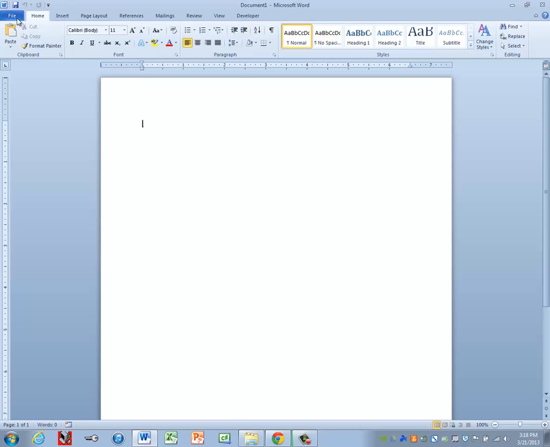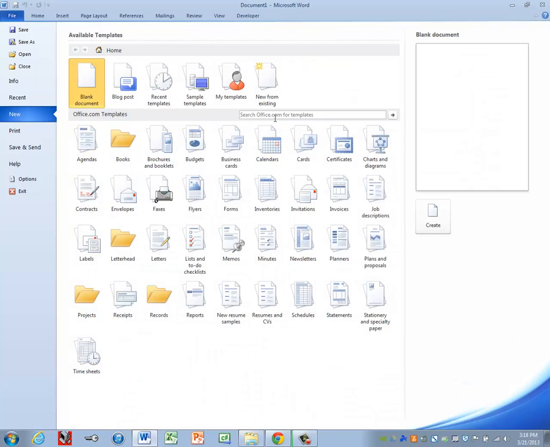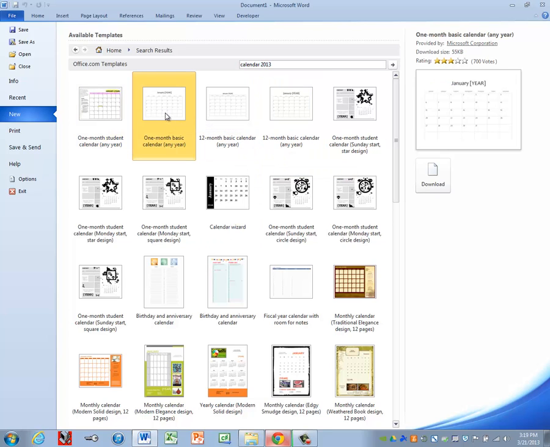To access our template, you're going to go to the File tab, and then you'll go down to New. And then we're going to come over to the search line and type in calendar and the current year. You'll see your calendar options come up, and we are going to choose a 1-month basic calendar in a year. So on my screen it is the second item. Make sure you choose the correct one. It may be in a different position on your screen. Go ahead and click on the download button,